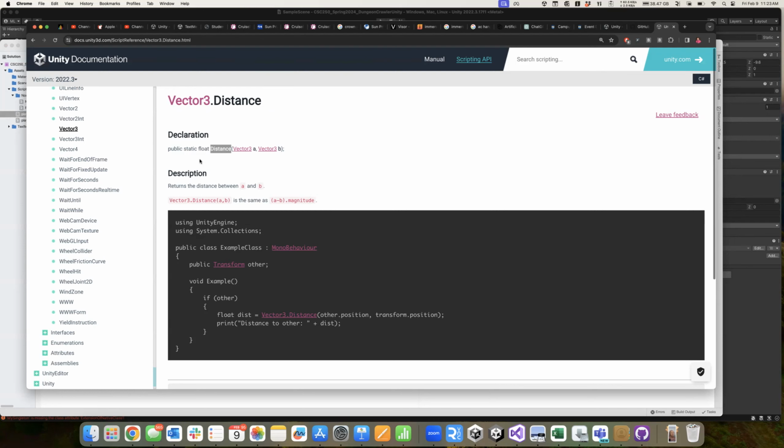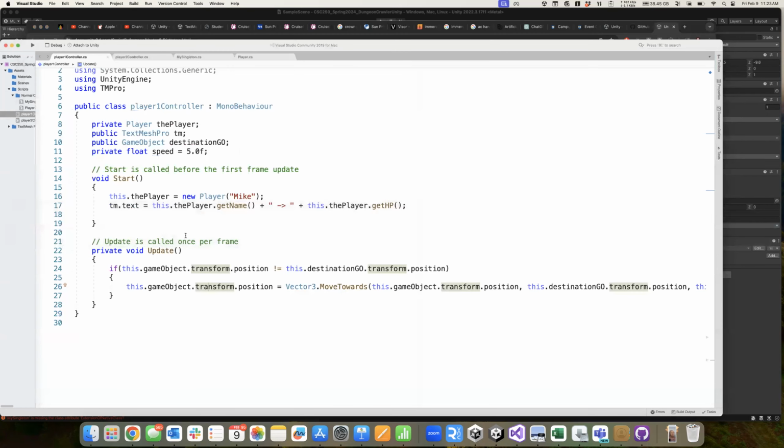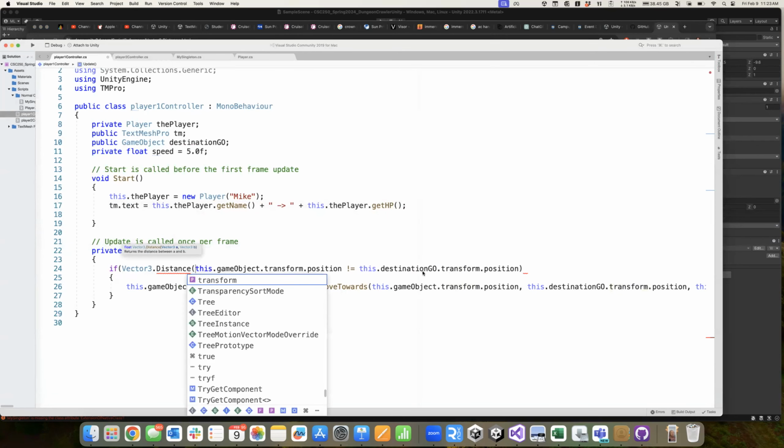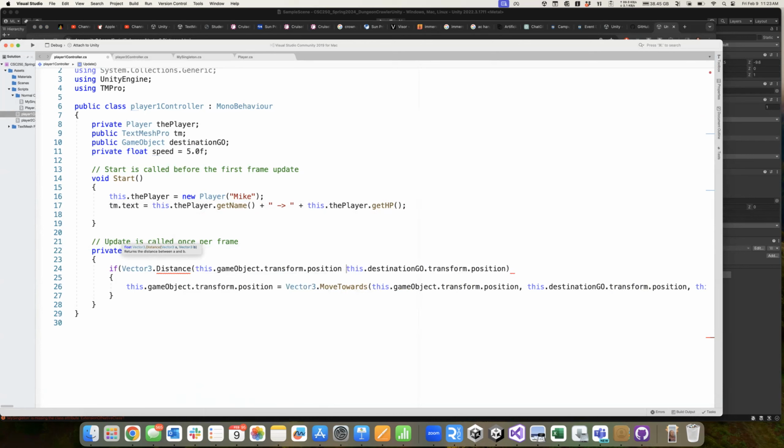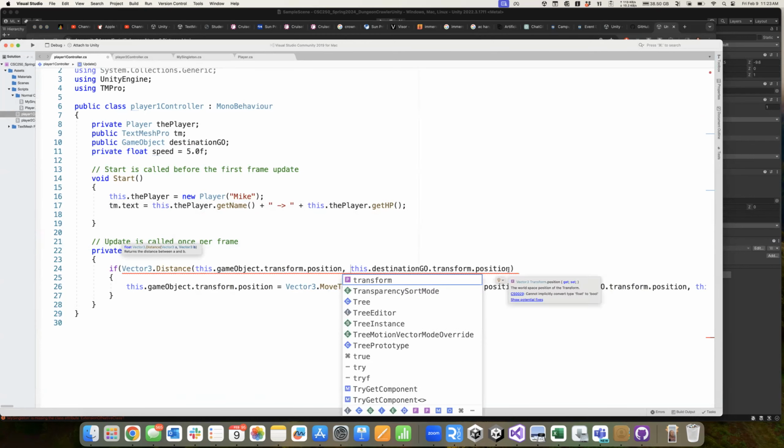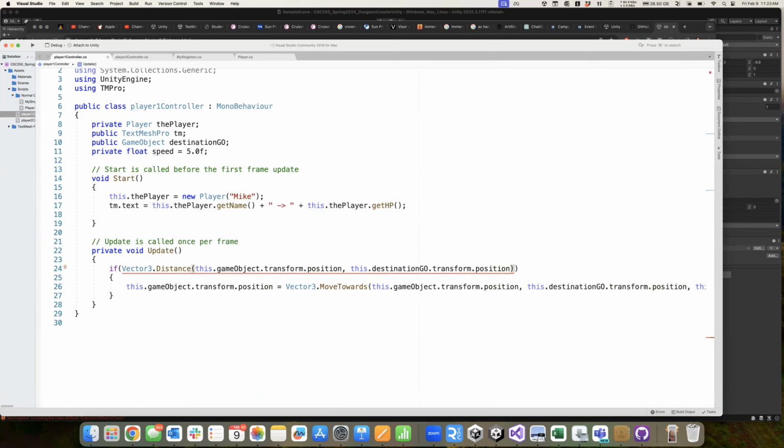other and then stop. All right, so I could come out here and I can do something like, instead of asking, are they the same? I can say something like Vector3.Distance between those two guys. So that's going to give me a floating point value is less than, I don't know, let's say 3.0. Let's see what that looks like. All right. So presumably this isn't going to get us right on top of it. This is going to get us a little bit of a distance. We'll have to see what kind of distance we're dealing with the 3.0, but